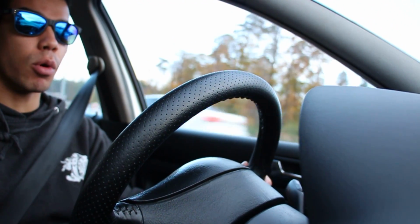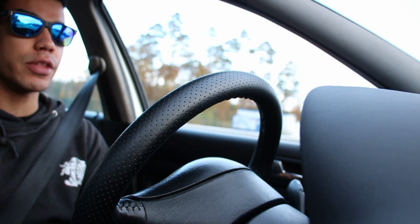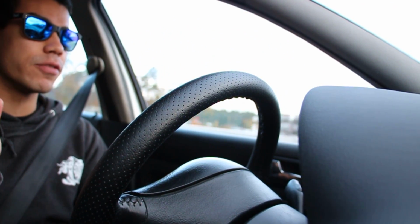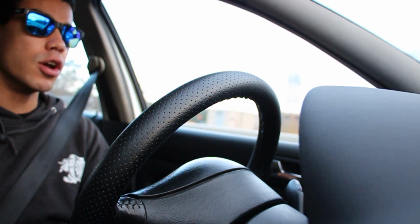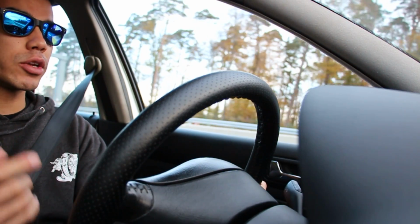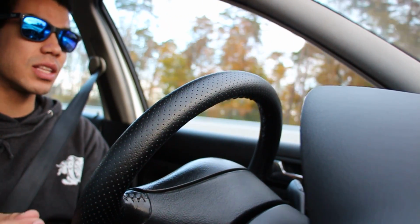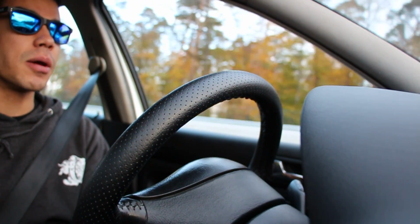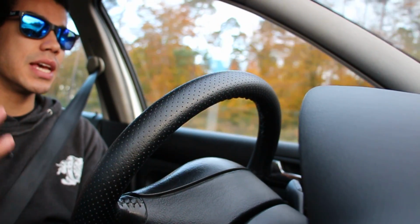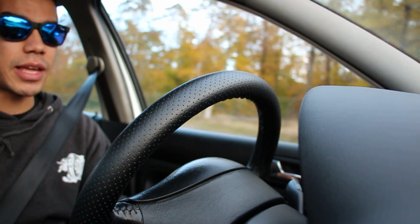The rear seats of the Bora actually look a bit different than how the rear seats of the Golf bolt in. So I don't know if those V5 seats will fit in the back of this car. The fronts will be no problem, but I don't know about the rears. So we'll have to see. But this first run, I want to try and snag the wheels real quick. Hopefully I can find the lock this time. And then have to leave and then come back and we'll try and snag the cat, the O2 sensors, and possibly the seats if they'll actually fit in the back. I don't think they will, but...